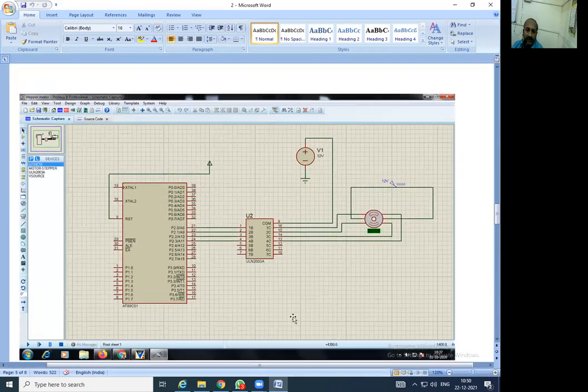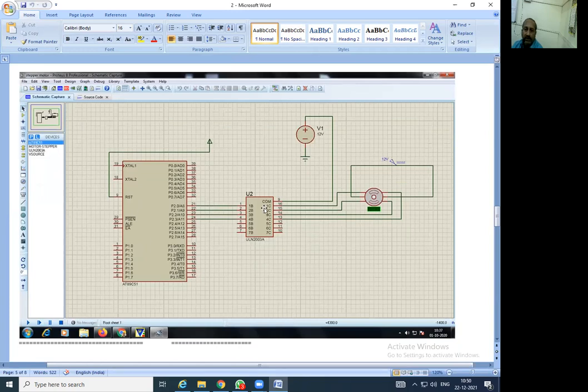So just check out this 8051, here the ULN2003, and this is the stepper motor. For a stepper motor, it requires 5 wires for unipolar. Keep in mind, 5 wires are required for the connection with the unipolar, and 4 wires are required for the bipolar. That is also something we are supposed to observe.